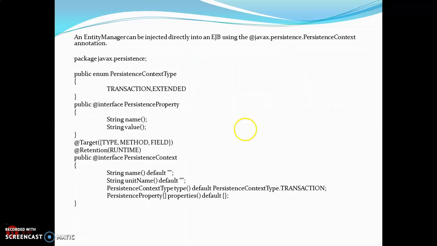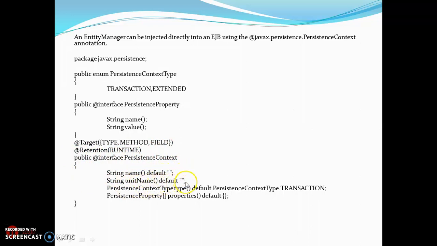So here we have the javax.persistence PersistenceContext annotation, how exactly it looks. Here we are using one persistence property to retrieve the information of name and value. Then the target of this is method and field, with runtime retention. So we are using the persistence context where the string name by default will be blank, and the unit